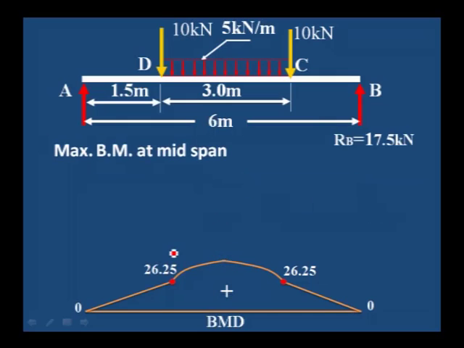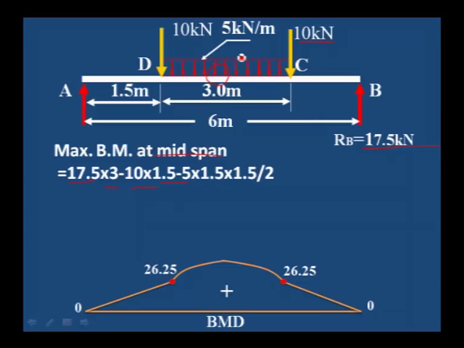Okay, to calculate the maximum bending moment at mid span, we are taking the moment about the center. 17.25 is the RB value into the distance from the center point to B, which is 3 meters, minus the load 10 kilonewton into the distance from the center point to C, which is 1.5, since 3 divided by 2 is 1.5,